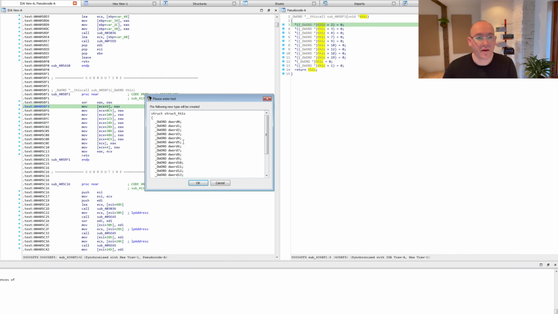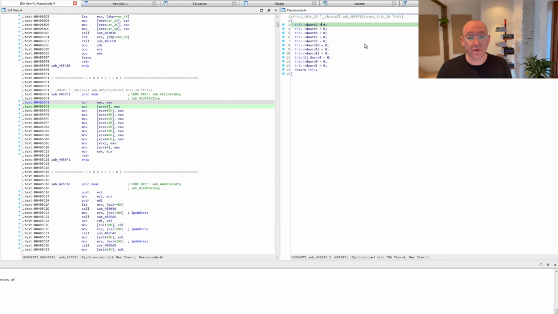Okay, and the name of the structure is also important because we're going to have a lot of different structures, and many of the times one structure will contain another structure. So it's important to have names for these. What I like to do before I understand what they are is just name them based on how many elements they have. There's 19 elements in this one, so I'll just name it struct this 19, and that's basically it. So I've turned it into